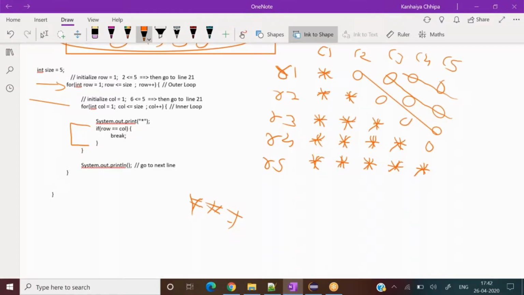So what I instructed in this particular logic is that when row and column are equal, then you break from the inner for loop. This is the inner for loop, this is printing the entire row for me. This inner for loop is responsible for printing the entire row for me. Is that clear to you?